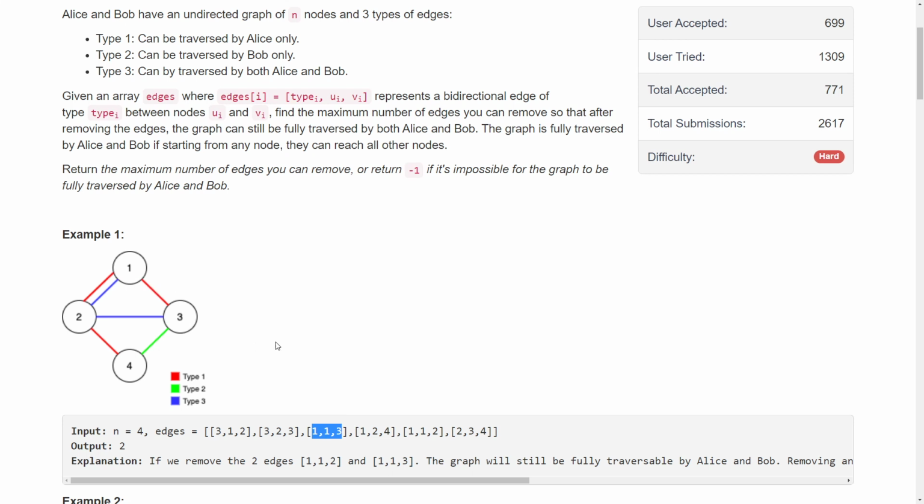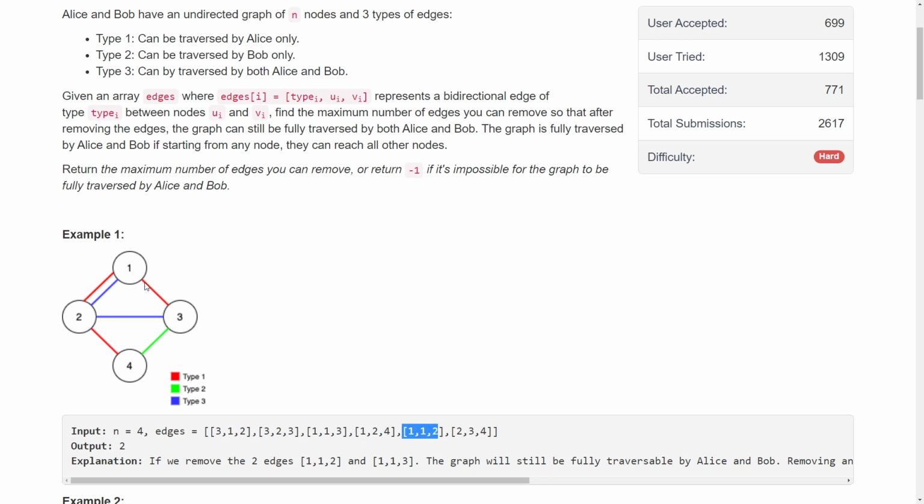Or you can think that these 2 nodes, 1 and 3, are already in the same connected component, because 1, 2 and 3 are already connected because of these edges for Alice. So that's why this edge is redundant. I will not add it. Similarly, when I go to 1 to 4, 4 and 2 are not in the same component, because the component which we have is only 1 to 3. So we will add this edge. This is not redundant. So this was redundant, one edge was removed.